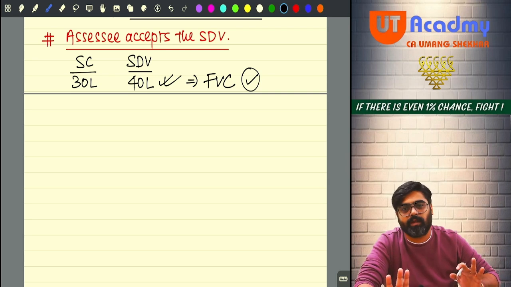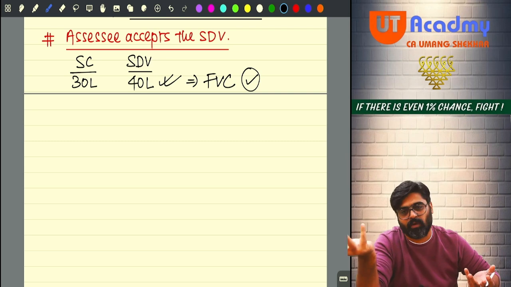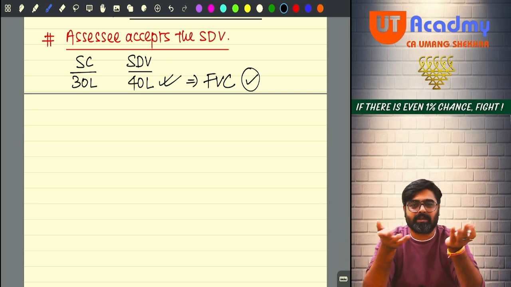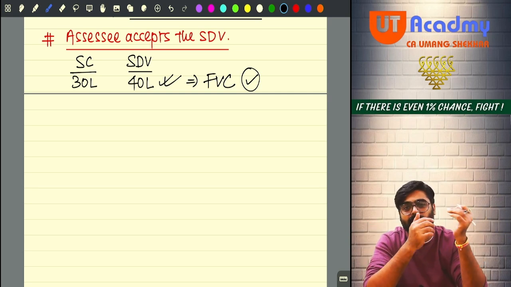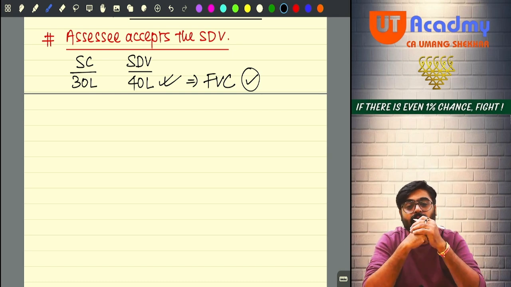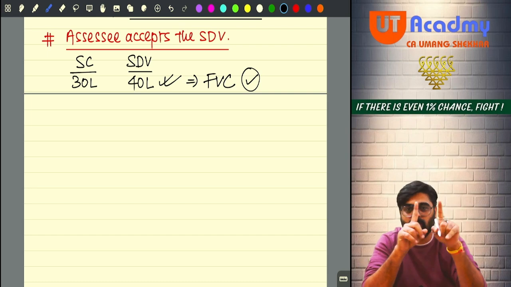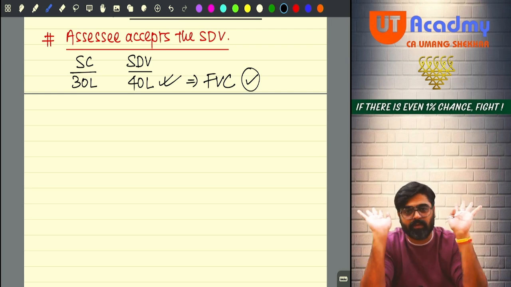Sure. This was story number 1. If you accept the stamp duty value, according to you also, the stamp duty value should be 40 only. And that only we are taking, which is more than your sale consideration, and the difference is more than 10%. We are going to definitely charge tax on this stamp duty value. And you are also accepting that this stamp duty value is your property's stamp duty value. Yes or no? So full value of consideration here will be the stamp duty value which you have accepted. Correct? 50C will be applicable, and the stamp duty value accepted by you will be full value of consideration.